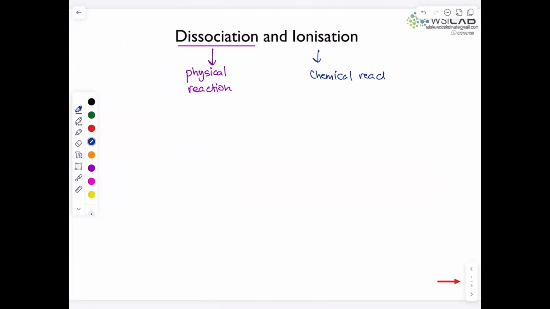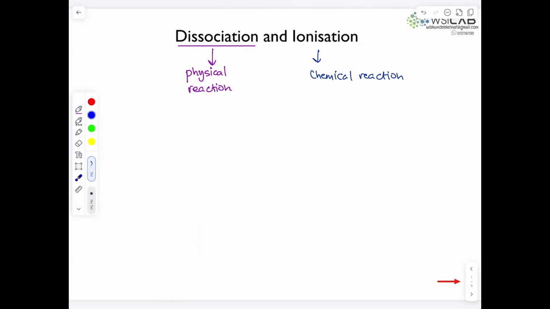Think about it. If you take a glass of water and you put salt in it and you stir it, there's no chemical reaction taking place. All that is happening is actually that the salt is dissolving in the water. Do you understand that? So that's just this. It's not a chemical reaction. It's just a normal